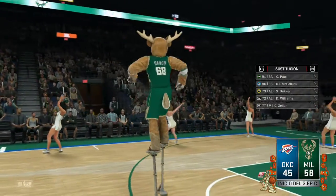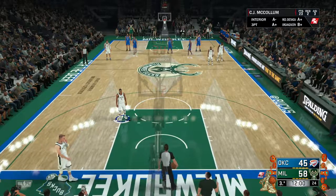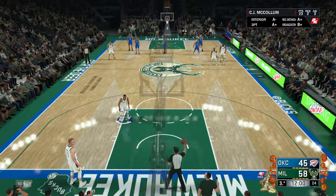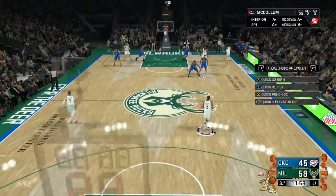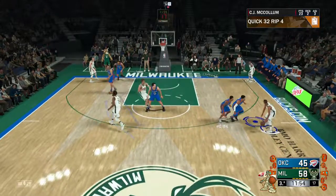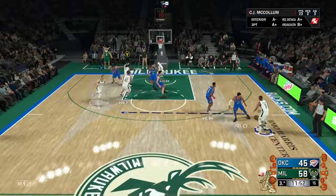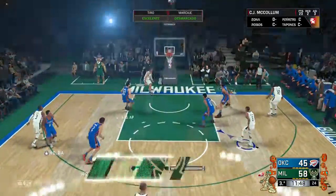And welcome back to the second half. And so it's Milwaukee now, all fueled up and ready to go. Let's reset the lineups courtesy of Gatorade for the second half of basketball. Setting the floor for the Bucks. Paul out there with